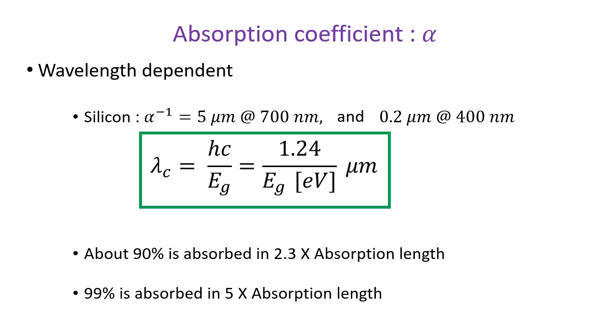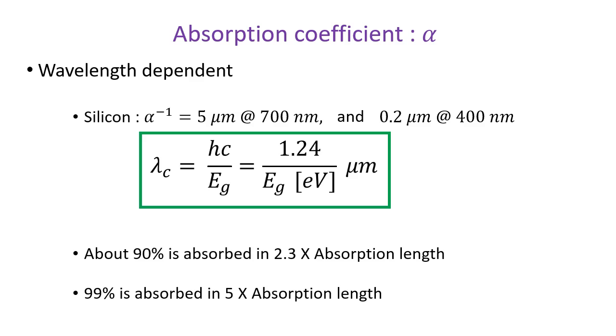So now let's talk about the absorption coefficient. You see, the absorption coefficient clearly is a wavelength dependent quantity. We have seen that even earlier in this course. For example, I have given you numbers here for silicon. Alpha inverse gives me a length scale, which basically tells me that the larger the alpha inverse, the lower the absorption,